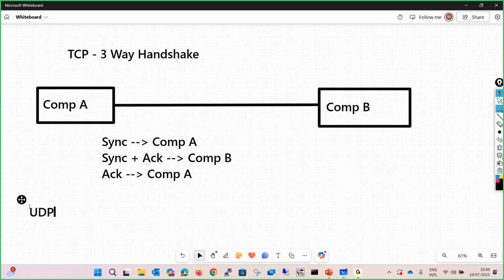The places where you need the proper data. Let's say, for example, the communication between an application and a database, the proper data is required, or if you are sending an email, the proper data is required. Over here there is no possibility that you can accept the errors. If you're sending one email and some part of the email is broken, that is not accepted, right? So in such scenarios where data guarantee is required, the communication will happen over a TCP,